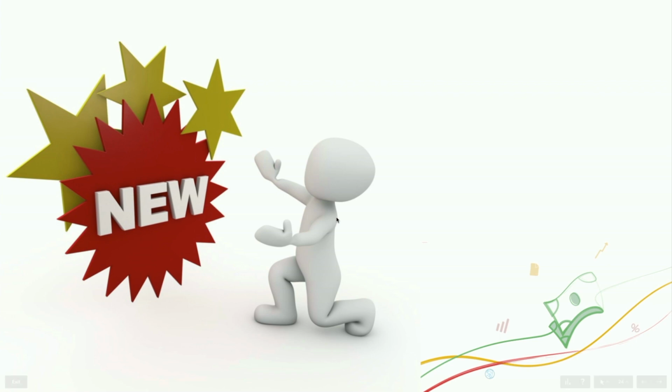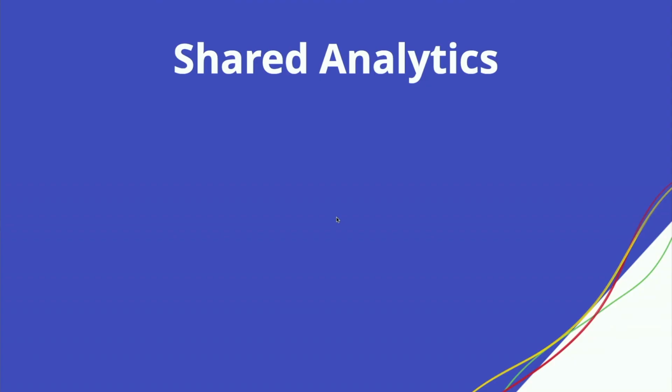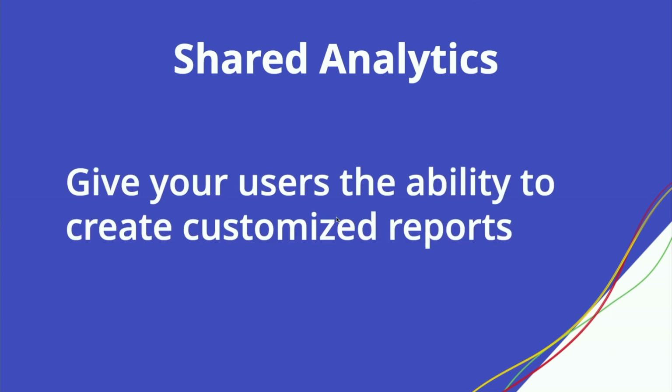Okay. Now is time for something exciting. We have two new features that are being released. Feature number one is shared analytics. So far, only the administrator of the account or the app's owner would have the ability to create new reports and share it to other users. With this, we are providing the permission for shared users to create their own report, and if needed, they can also share it with other permission sets as well. That's the first feature called shared analytics.